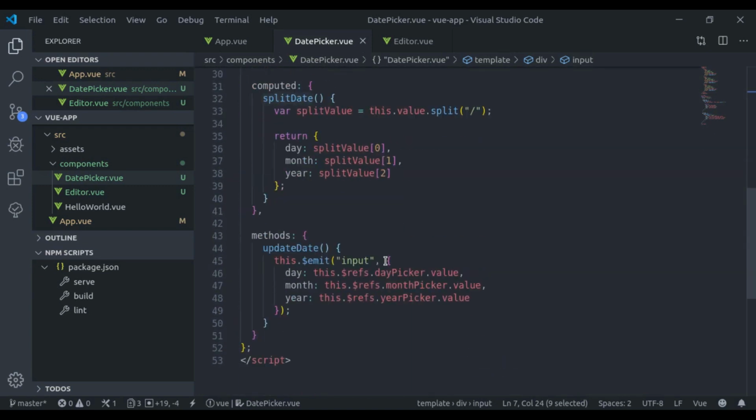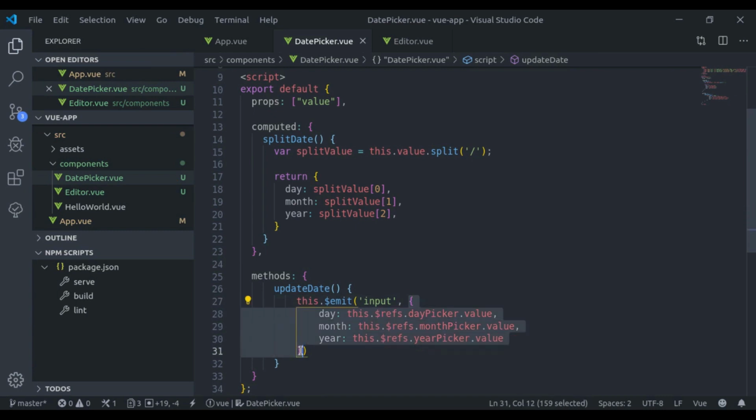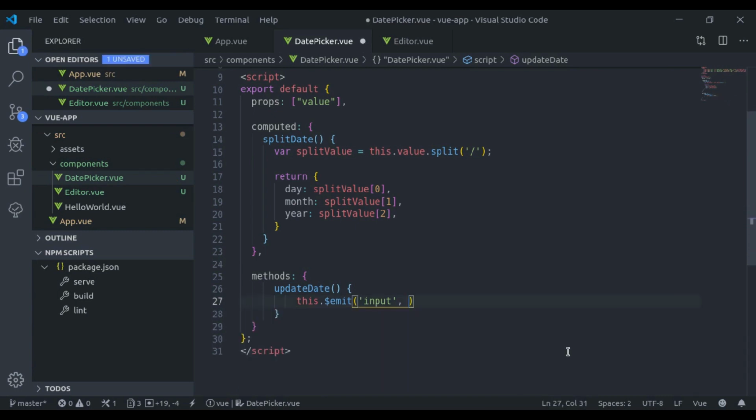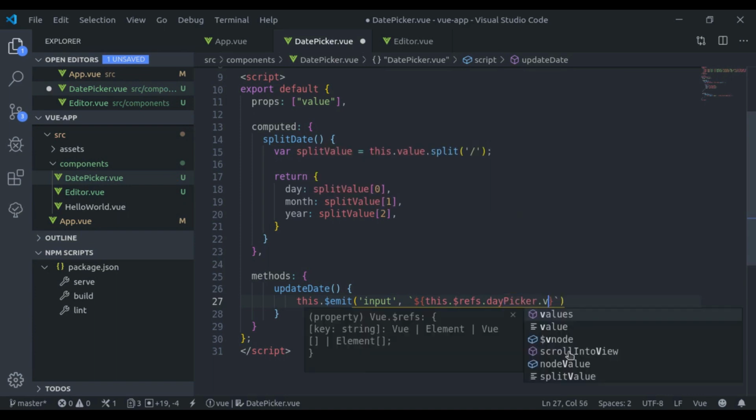And then our final step is to emit a string. So instead of this object, here we'll return a string. So here we'll use template literals and dollar curly brackets this.$refs.dayPicker.value.